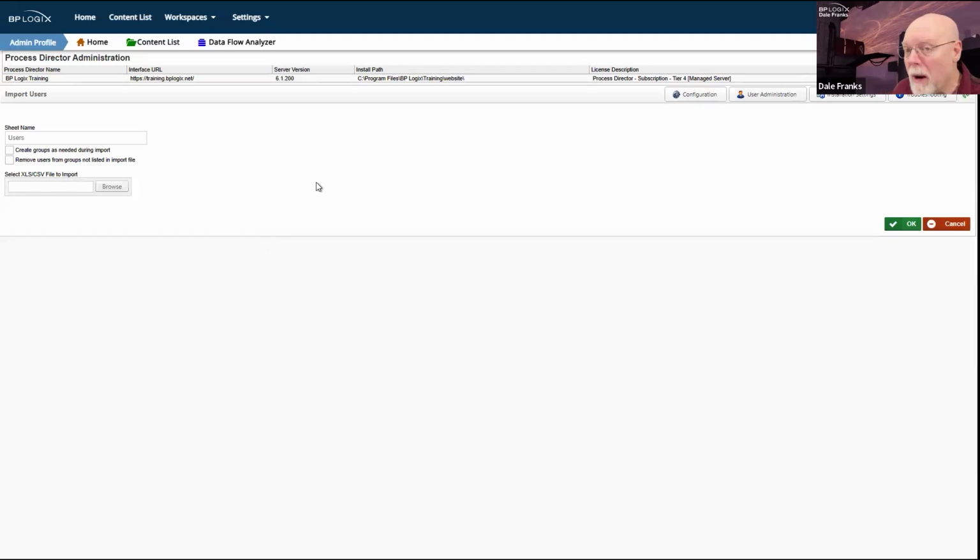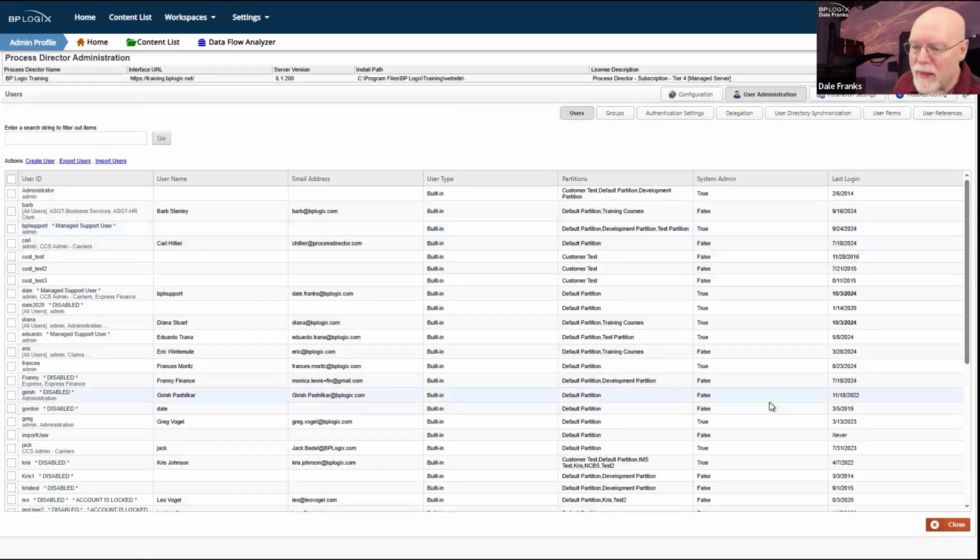This is the primary way of importing users. And in fact, I know that some of you who are on SAML systems, rather than doing an LDAP synchronization because your LDAP servers are behind a firewall, what you do is you export the Excel file out of LDAP and then just do a regular Excel import into Process Director of all of your users.